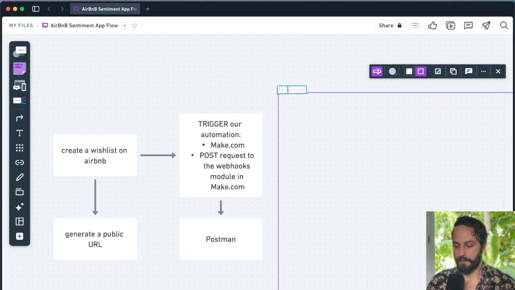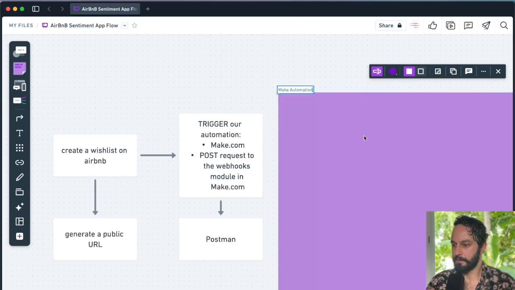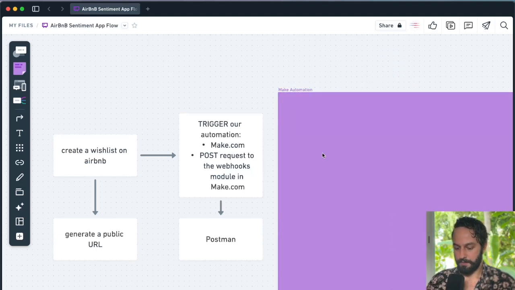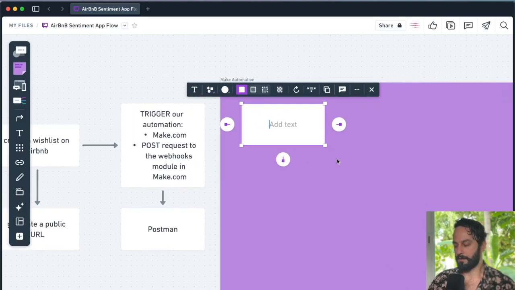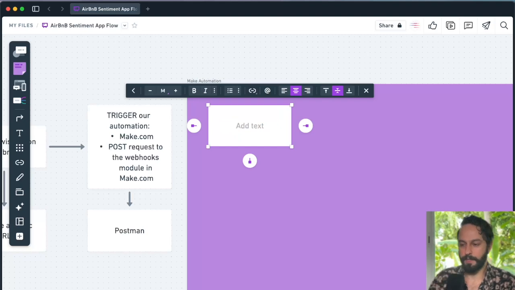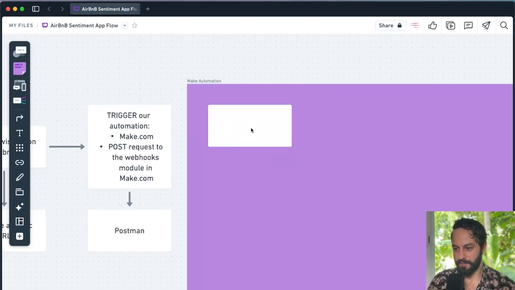So we are going to make a little section here. I'm going to call this Make automation. Let's give it a nice color to differentiate. Here we go. And then in here is where you can consider this as the start of the automation. All right. Okay, so what we're going to do here, now that we're into this Make automation land, is the